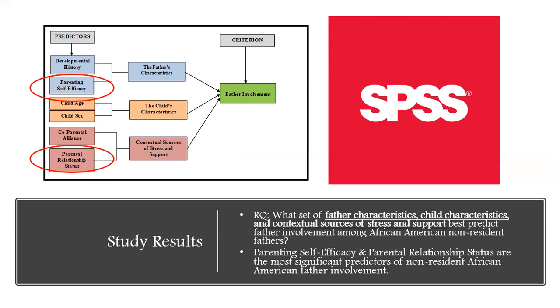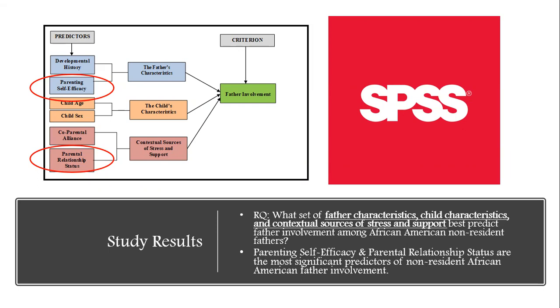And so essentially what this means is that the more a father felt confident in his ability to be a good father and to handle any problems that arose with his children, the more likely he was to be involved in his children's lives. In addition, the status of the relationship between parents also was a significant predictor, in that